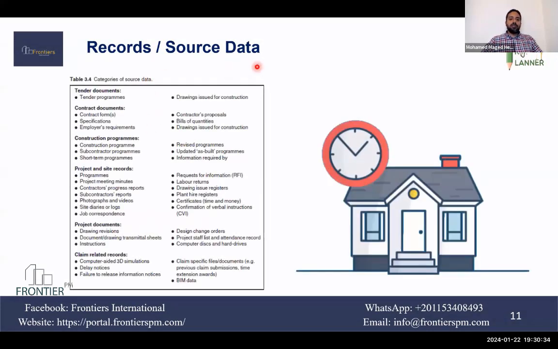For the records and sources of data, and the extension of time claim, we use all types of data, all documents in the project, starting from the contract, the program, subcontract programs, the updates, go to the site records, all records, minutes of meeting, progress reports, videos, photos, going to the project documents, drawings, instructions, claim related, of course, if there are notices, bill of quantities, RFIs, any document related